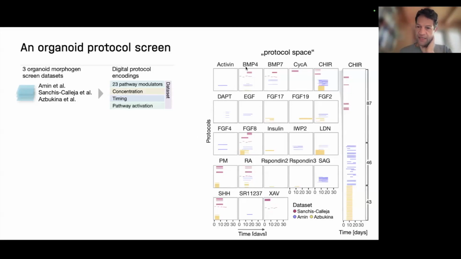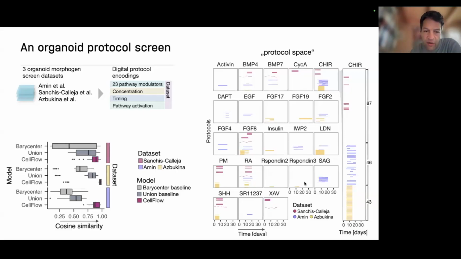There are different factors that you can give at different time points. So this would be timing, and you can give them at different time points and different concentrations. This is the space that we want to search. This is your biodesign space, if you want. Depending on this, we can hold out one data set, train on the other ones, and see how well we predict versus baselines. In this case, we couldn't take any other models because only our model can do that. And we see we always outperform some simpler baselines.